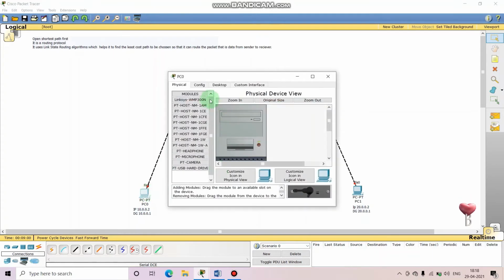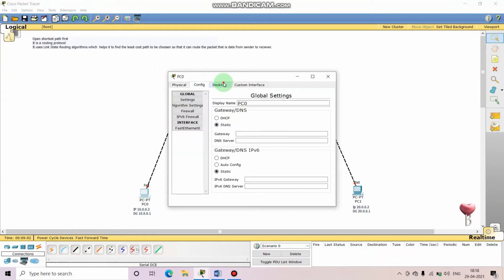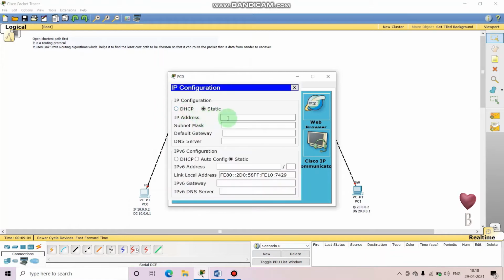I'll go into the PC, into the desktop, into IP configuration. I'll put up these addresses, 10.0.0.2. Yeah, this will be its gateway, but